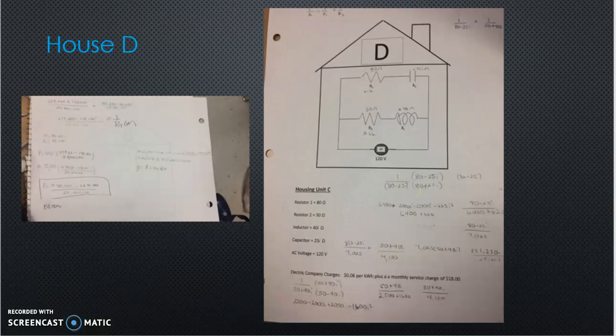To get rid of that, you have to multiply by the opposite sign. And with doing that, I'm left with 80 minus 25I over 6,400 plus 625. You add that together, you get 7,025. And then you do 80 minus 25I over 7,025, and that number plus 50 plus 40I over 4,100. And then you have to cross multiply, and then you're left with